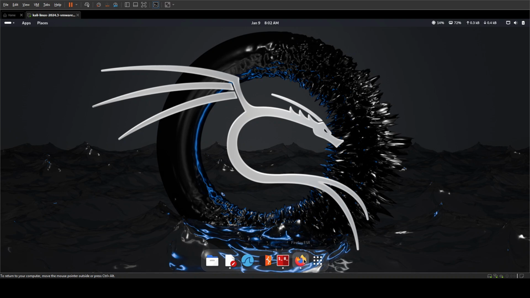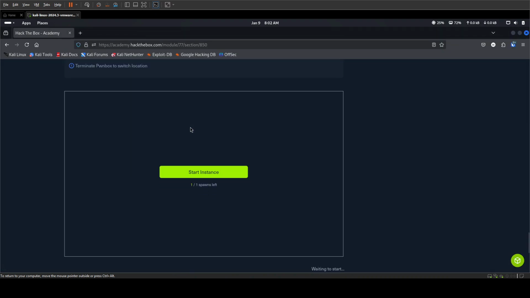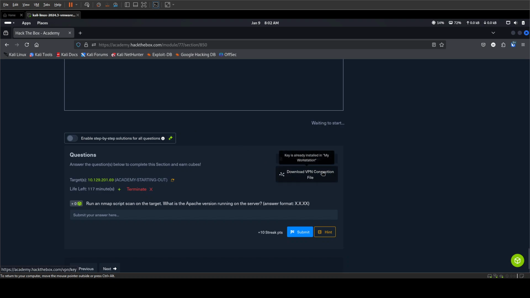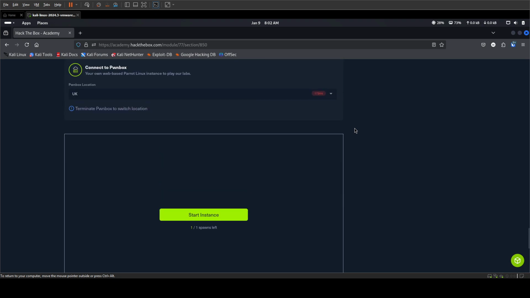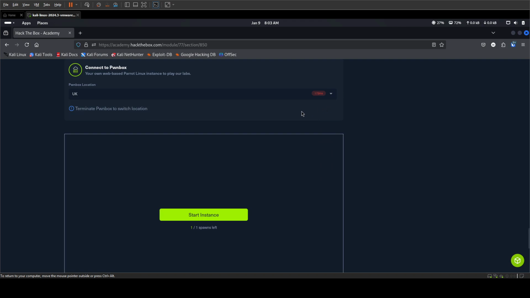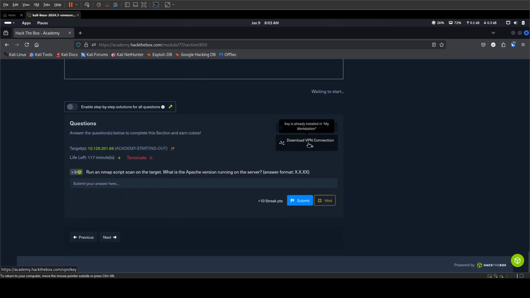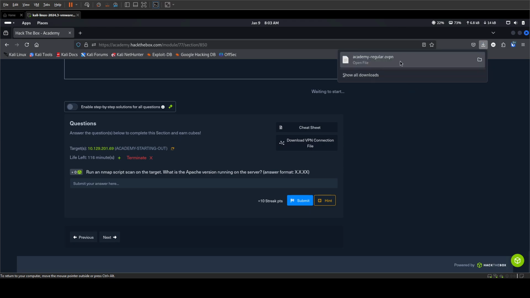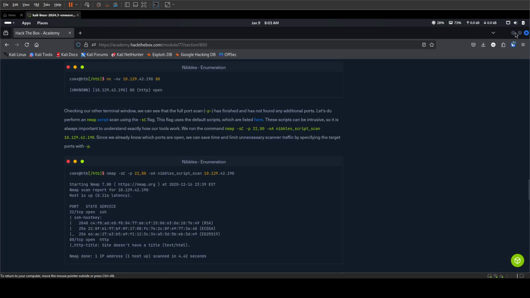Now, when you come back to the platform right here, there's a section where you have the option to download a VPN connection file. So you can quickly just come to this section up here, connect to Pwnbox. Actually, in Hack the Box, the attack machine or the attack box is called Pwnbox, and then check either of these options that actually has the lowest ping. In my case, it's UK with 173 ms. So I'm going to click on that, and then just down here, I'll click on download VPN connection file. I'll wait for it, and once it's done right here,